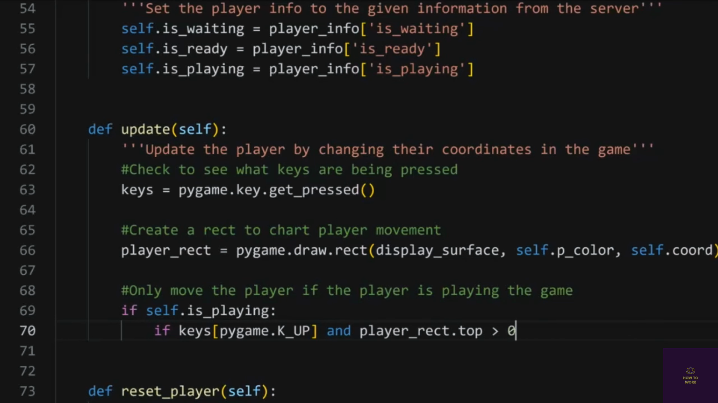So if it's like 15, well, that's greater than 0. We got room to move up. But if it's at 0, then we shouldn't move up anymore. We should stop. So what are we going to do? While moving up, we're going to say self.dx, we want no movement in the x direction. And self.dy, we do want movement in the y direction. We want to move up, so we're going to